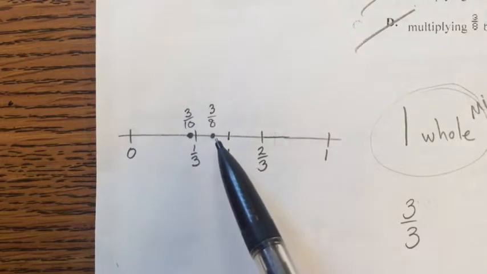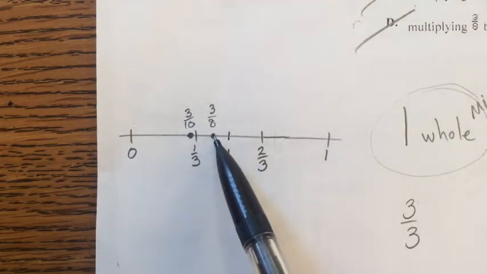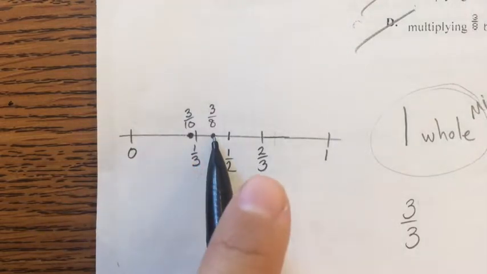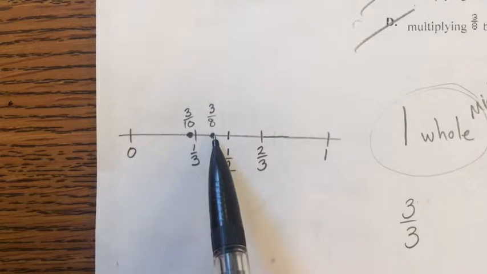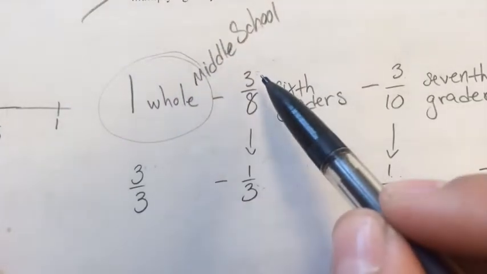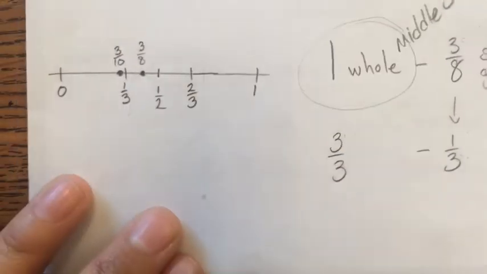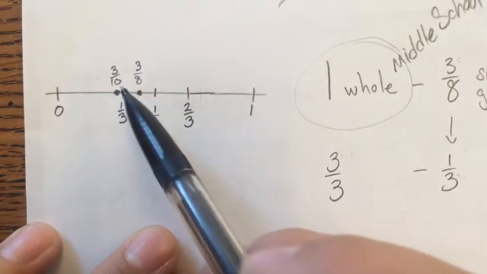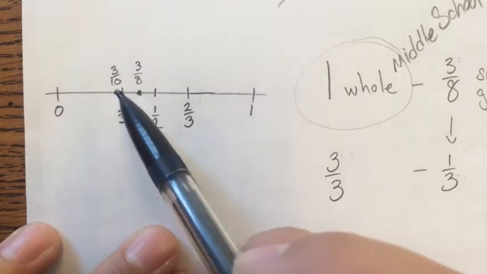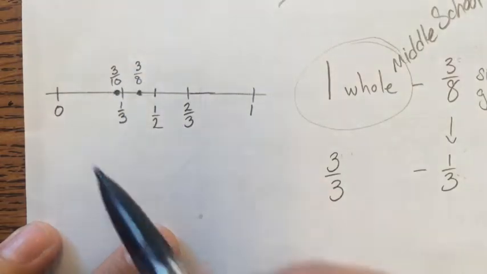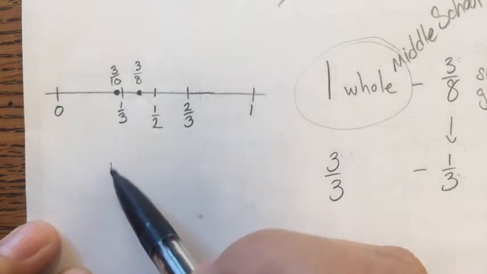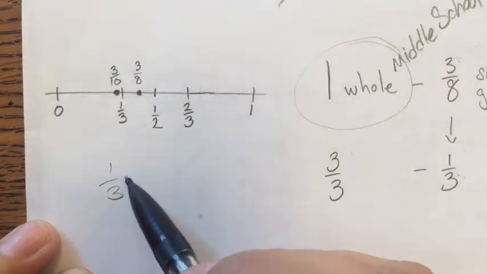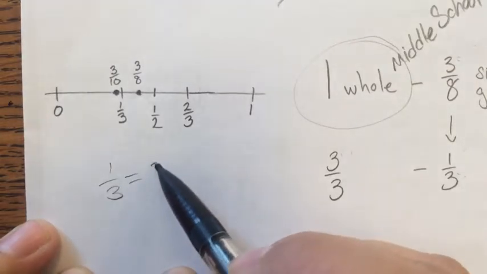Let's see. If 3/8 is here on the number line, do you think it's closer to 1/3 or 2/3? It's closer to 1/3, right? So that's how I ended up estimating 3/8 is close to 1/3. Now let's look at 3/10. 3/10 goes right here, a little bit less than 1/3. How did I know that? Well, because I know that 1/3, these are values that I'm familiar with, right? 1/3 is really close to